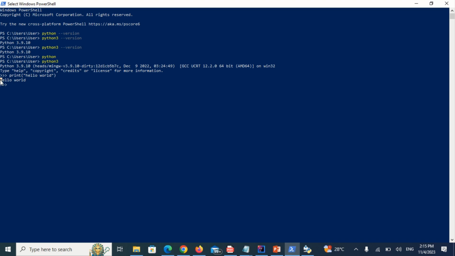And there it goes, hello world. It printed for you hello world. Now let's say, for example, we wanted to print hello world, let's say 10 times. We could write a simple code. Let's say we want to print hello world 10 times. So we can say, for example, we say